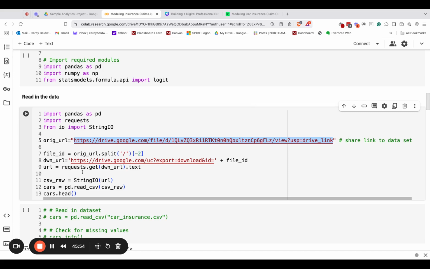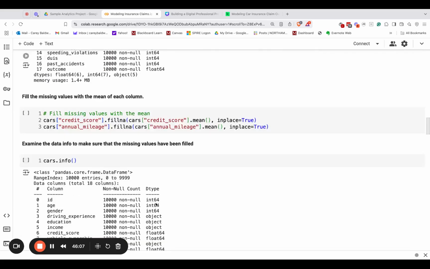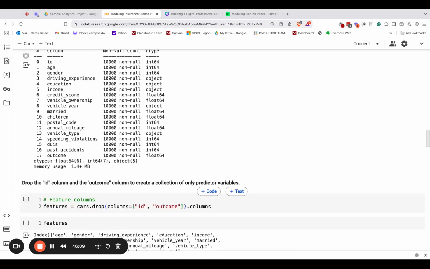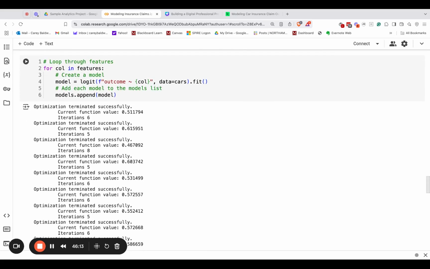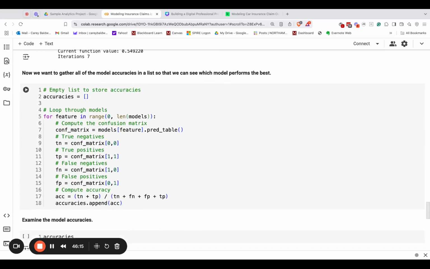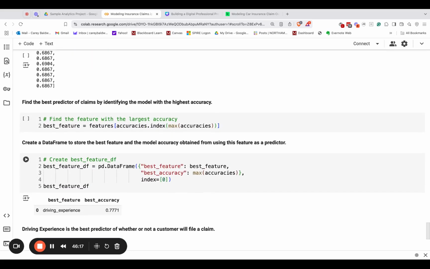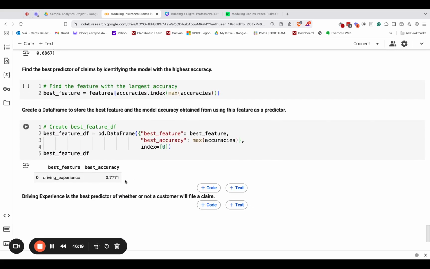So I've written this code so that it does some stuff, right? It turns this drive link into a format that is readable with the pandas read CSV method. Okay, so this is going to get you the data set so then you can do a whole bunch of stuff with it. Okay, so I haven't done a lot with this project, but what I want to recommend to you